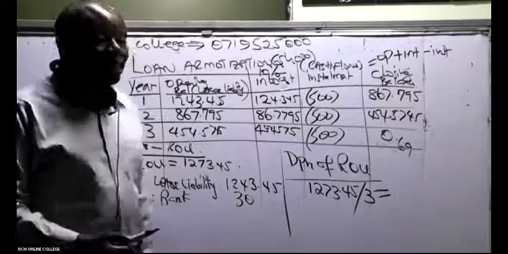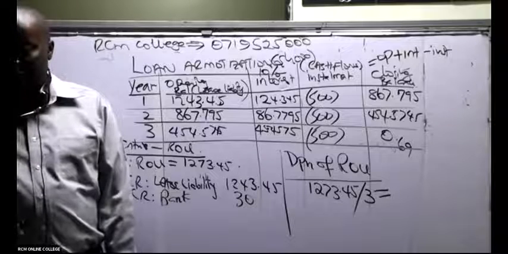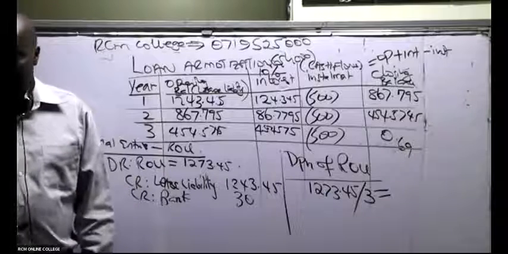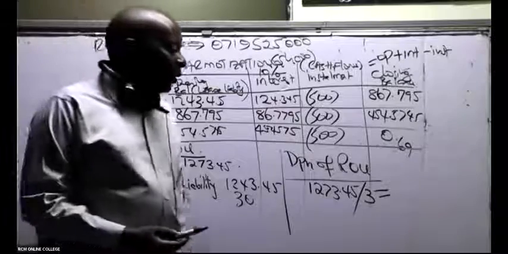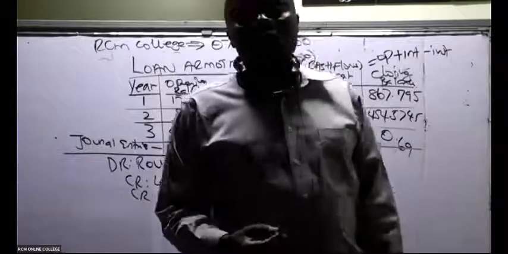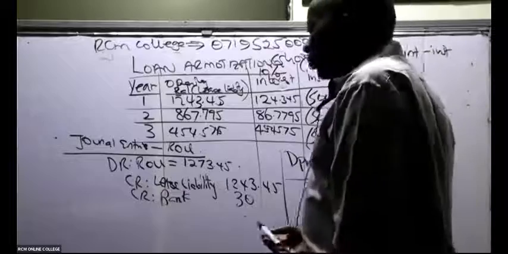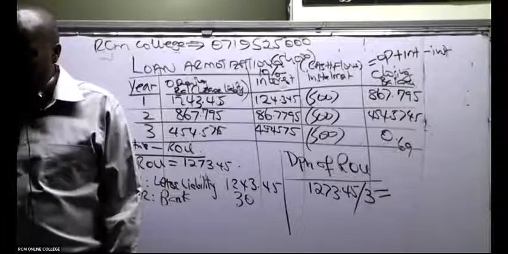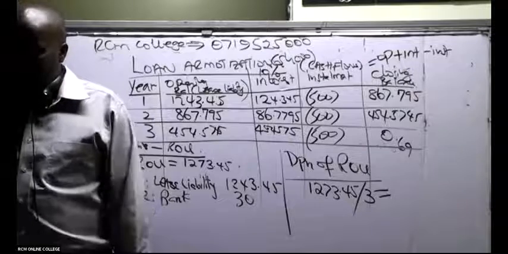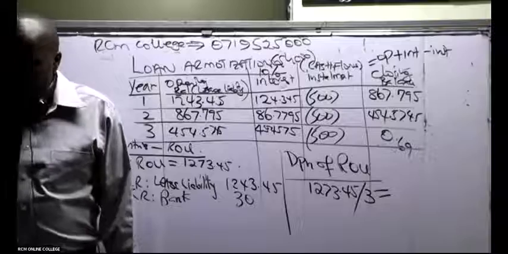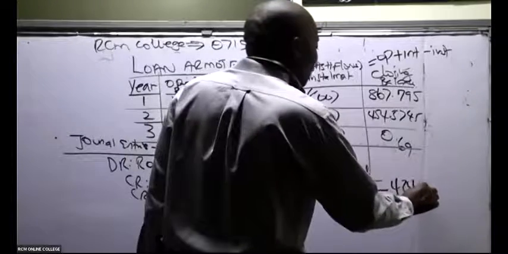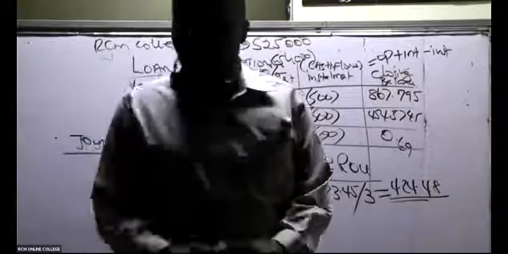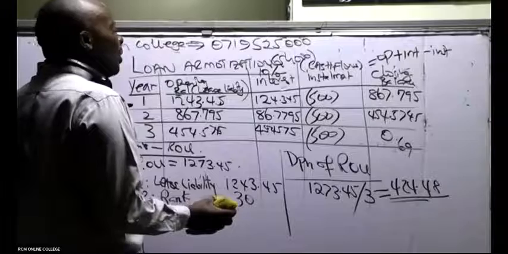So 1273.45 divided by 3. What are we getting here? Can you give me this in 2 decimal places? Depreciation of right of use divided by 3. These ninjas are tired. I don't know where they get tired that fast, and they're very young, young age-wise, young at heart. So we get 424.48. Now, ladies and gentlemen, once you've been able to give me this figure,